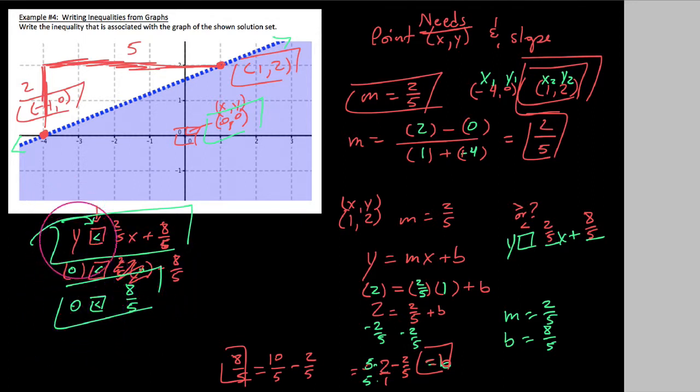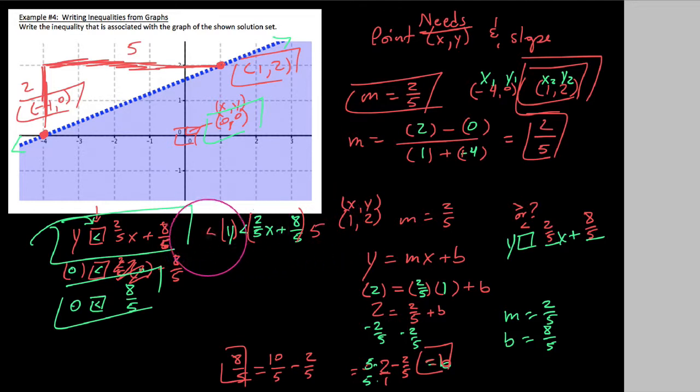Okay, so before I kind of abandon this video really quickly, that's all I needed to say about writing the equations of this. One thing I want to say about this equation is it's in slope-intercept form. I actually maybe would want to put this in standard form, and you notice that we have fractions everywhere. Okay, so when you're dealing with something like this and somebody says, well, maybe you write this in standard form, which would mean we want to get all the variables on the left and all the constants on the right. Before I even do that, what I'm interested in doing is this: why don't we take both sides